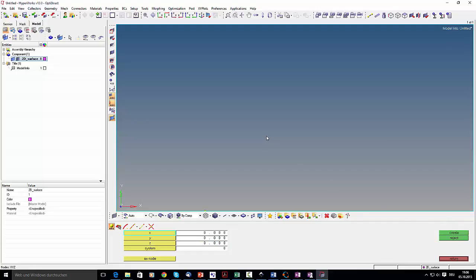Now I press control and click very fast, or just once on the middle mouse button. Then we get recentered. Now we are getting to the next position, 100, 0, 0, then 100, 100, and 50, 100,